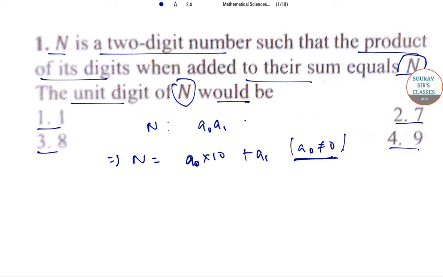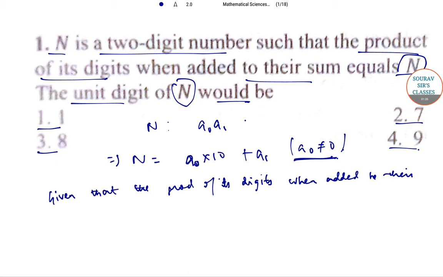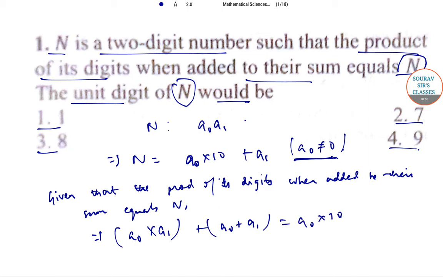Now, given that the product of its digits when added to their sum equals n, so a0 into a1 plus a0 plus a1 is equal to a0 into 10 plus a1,